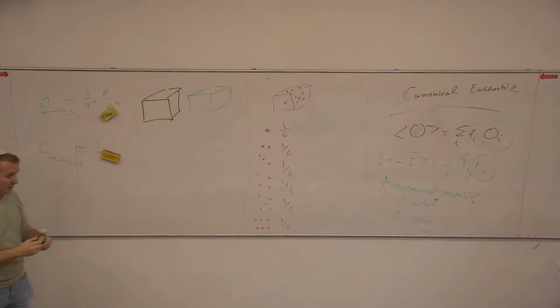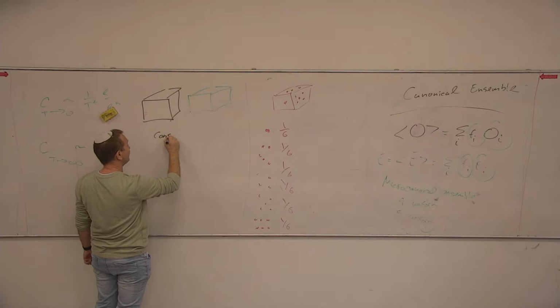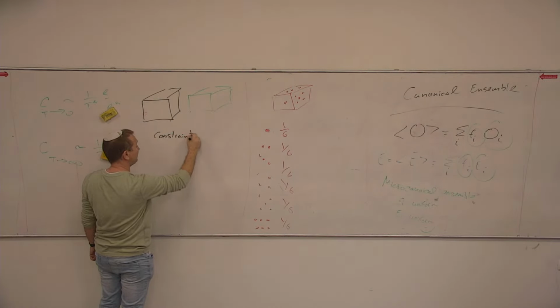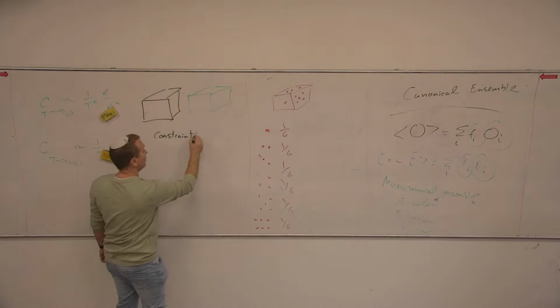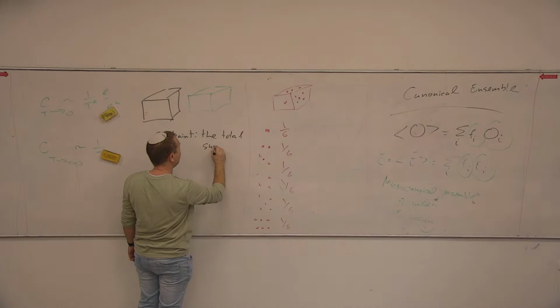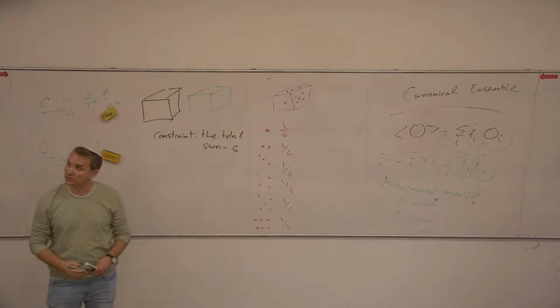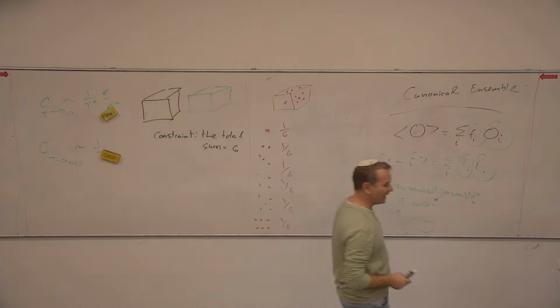And I roll them. And the constraint says the total sum equals 6. So the moment I roll those dice,